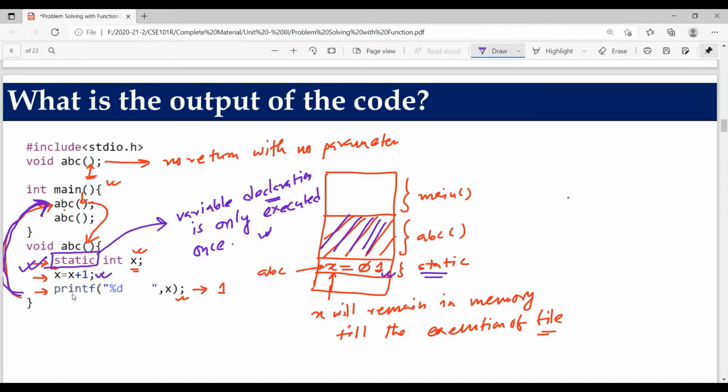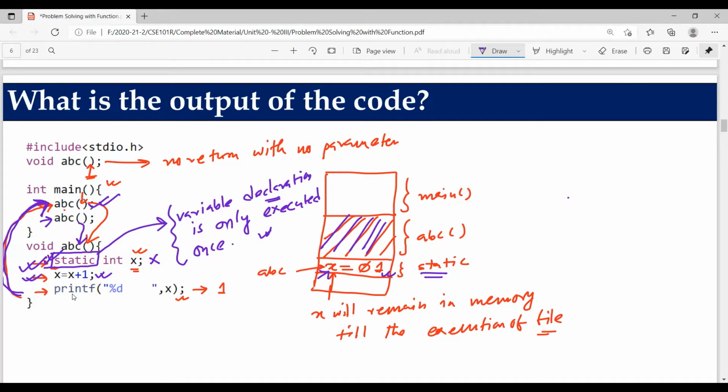Okay, so now let's proceed to the next part. Again, I found that in the second line we are calling the function ABC. So program control jumps here again. What did I write here? We have written that a variable declaration, if it is declared static, is only executed once, the very first time. So here you can see this line was already executed when I called ABC the first time. Now I'm calling ABC a second time, so this line will not be considered by the compiler anymore, because x has already got memory in the RAM and it still exists. So from the next line onwards, the program will start executing.